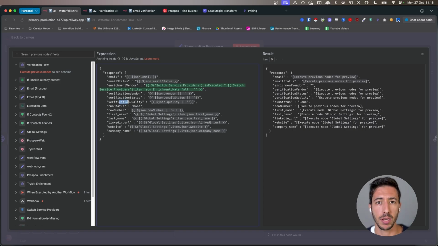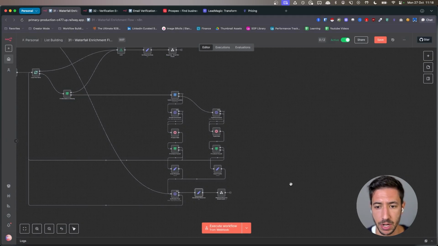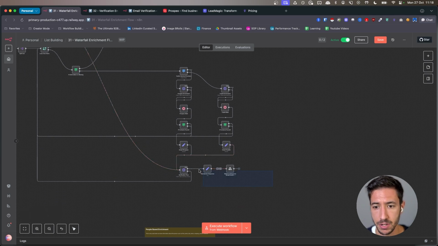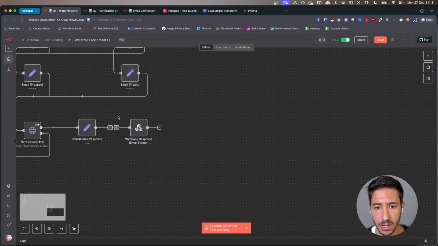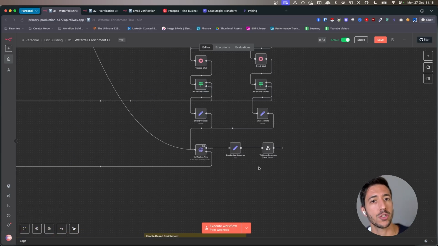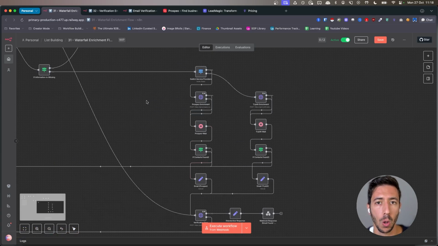So, for example, if you are enriching a lot of prospects from recruitment and you see that Prospeo works, you can just use Prospeo and you don't need to rely on another email enrichment provider. So yeah, there is that. And finally, over here, we send this information back to Google Sheets or wherever we store all our different information